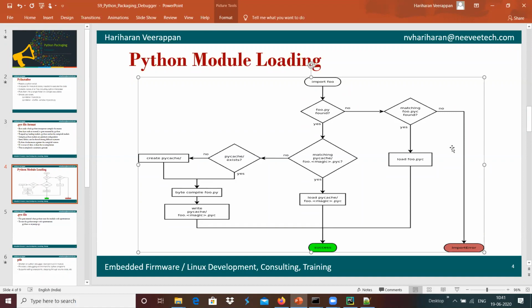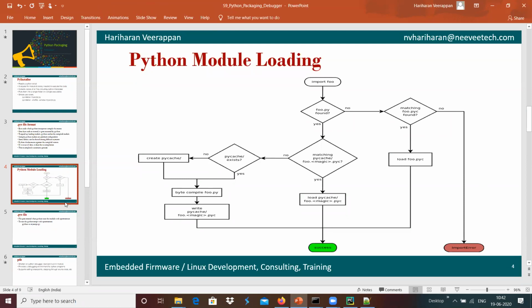If the file matches, it checks whether the cached information is present. If so, the compiled binary file will be loaded from the cache directory, and that speeds up the execution.